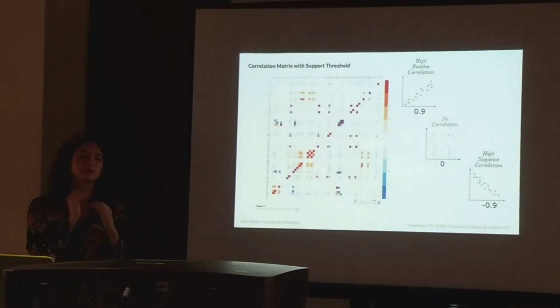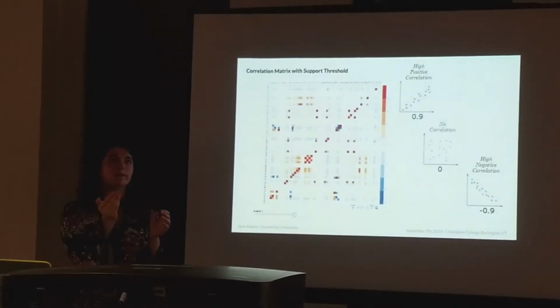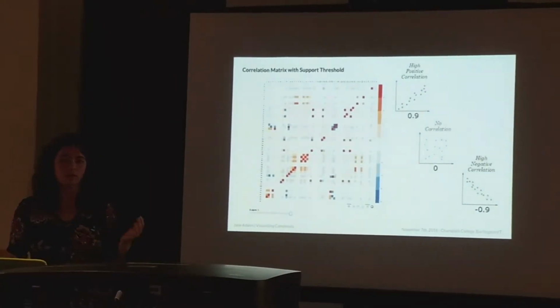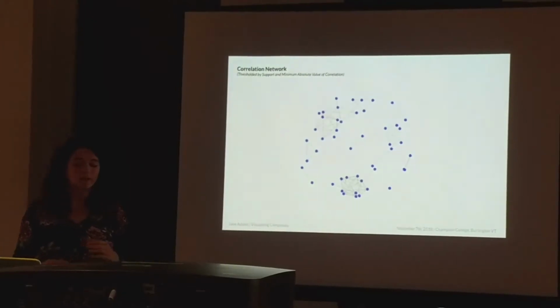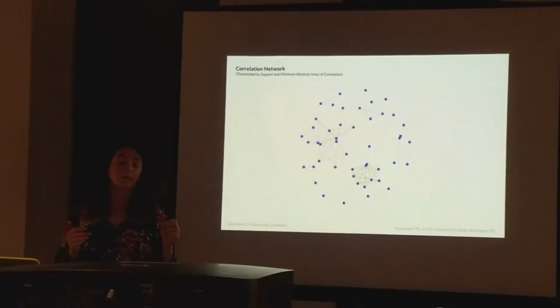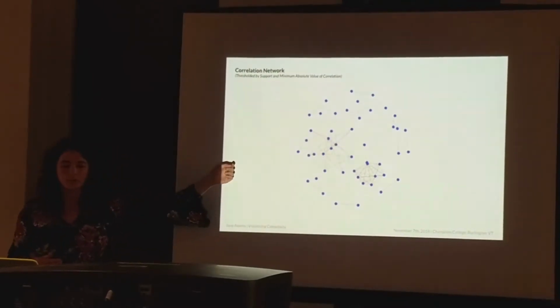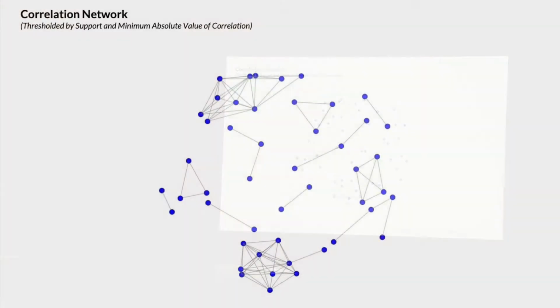So if we can threshold how well the questions are supported, then we're better able to say, okay, these things are really well supported and 90% of our data set has answered both questions. So then taking that correlation matrix and the thresholding with it, we can create a three-dimensional network visualization like this that's a lot more simplified than our original hairball. And each node in this network represents a question, and we have a linkage drawn between the two questions if they're well correlated.